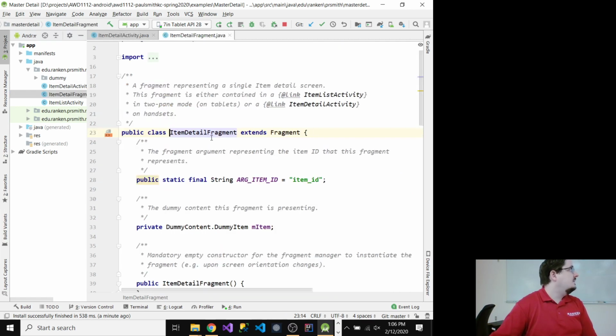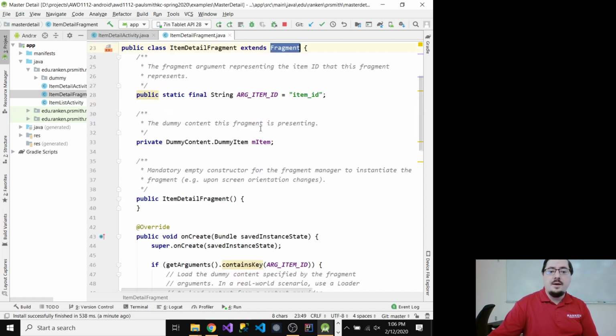What makes this item detail fragment different is that it's a subclass of fragment, right? So if you want a full-blown activity, you make it a subclass of activity. If you want a fragment, it's going to be a subclass of fragment, okay? So digging into what we have here, we've got, first of all, a constant